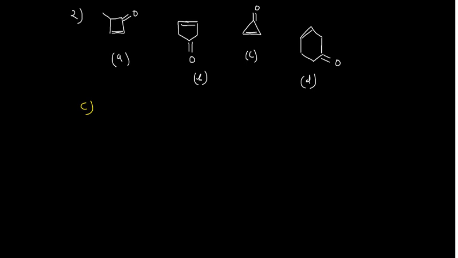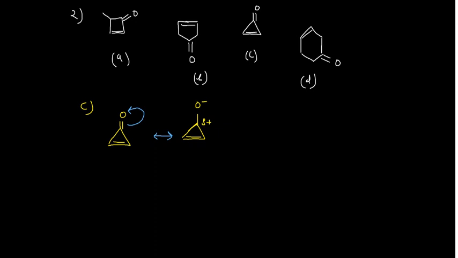How is this species C very important? You see, if I write the species in that manner, what can happen? This electron pair or this pi bond can jump here. When it jumps here, you will have this species, which has oxygen negative, and this carbon is positive, and this is a double bond here.